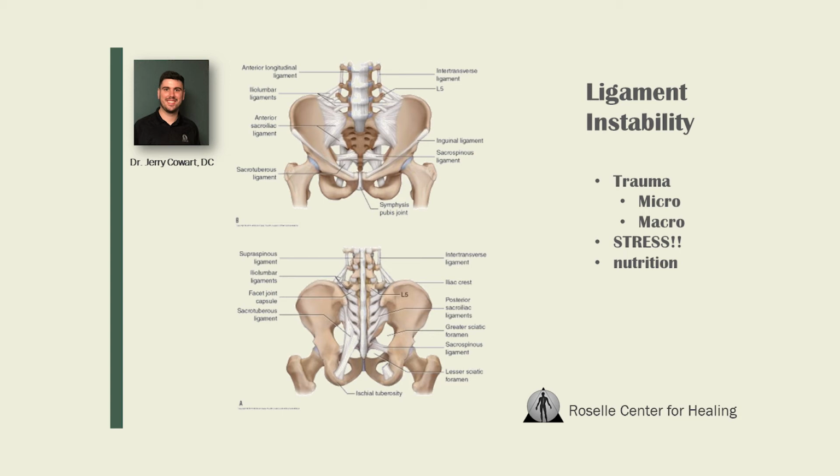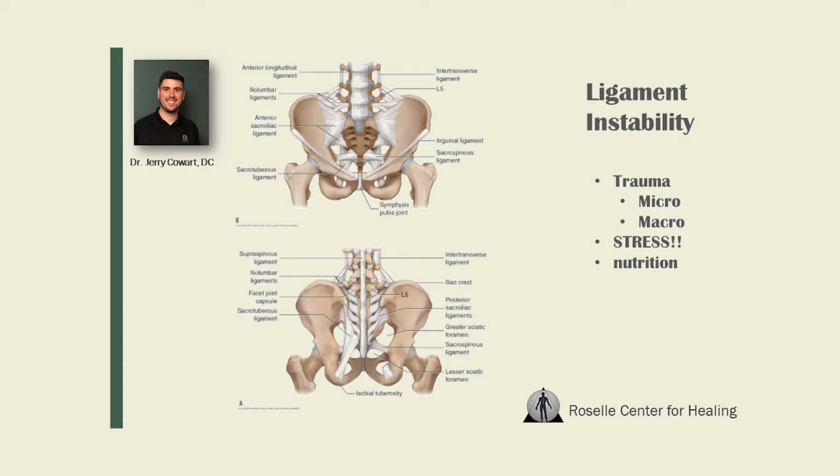And then obviously there's some nutritional components to maintaining proper stability within the ligaments. And of course, when you're stressed, who stress eats apples and bananas? Everyone is stress eating chips and milkshakes, and no one stress eats good stuff. So a lot of people aren't getting proper nutrition that they need to help maintain proper ligament stability. So you basically have this whole perfect storm here that leads to your ligaments not staying strong and keeping everything intact.